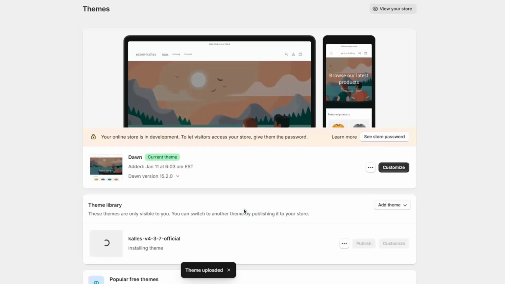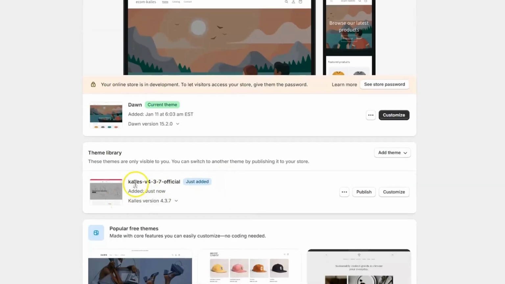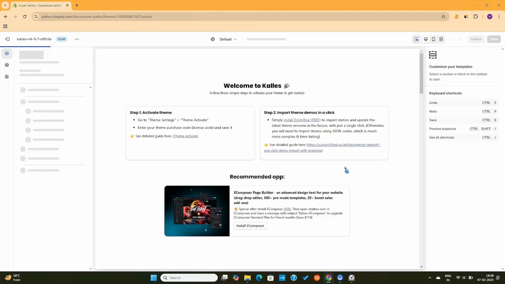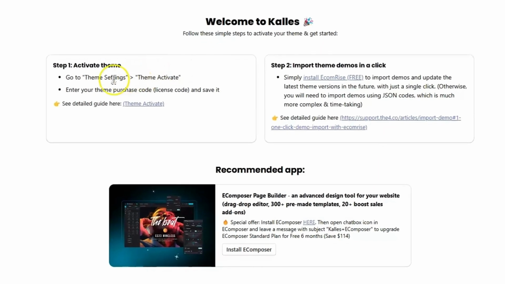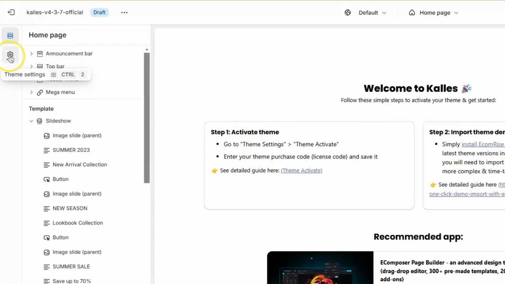It will take a few seconds to upload this theme. And once the theme is uploaded, click on this Customize button. This will take you to the Shopify editor, where it will ask you to activate the theme by following these steps. To activate the theme, we need to go to the Settings option on the left and then click on